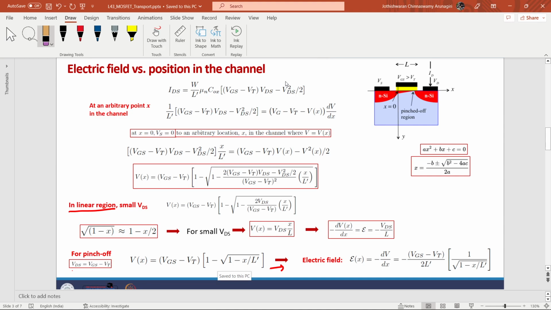So this formula that we are starting with for IDS is essentially obtained by assuming diffusive transport of electrons in the channel. We assume that there is a particular charge carrier concentration at a point X, and at a point X plus delta X,